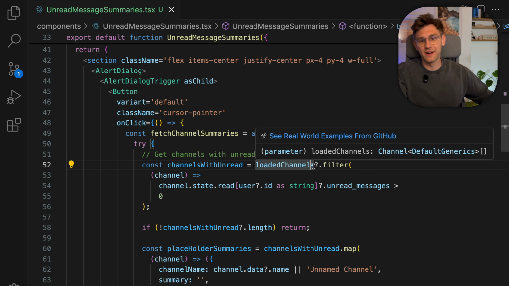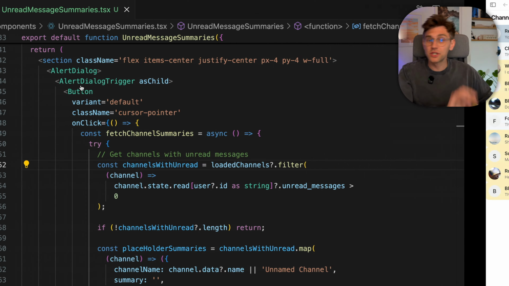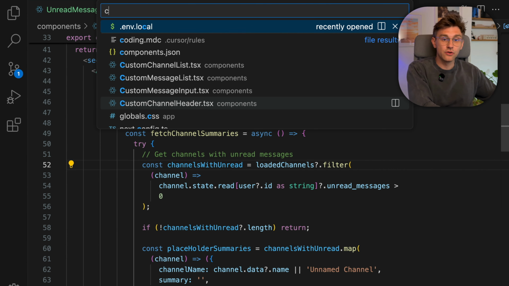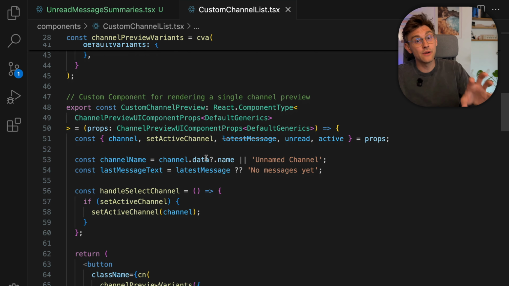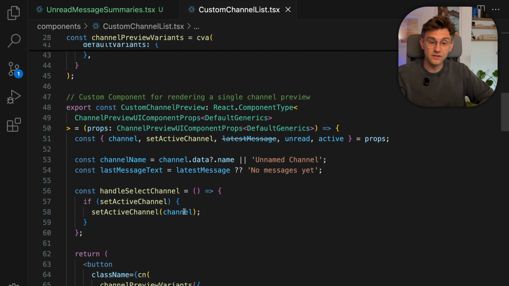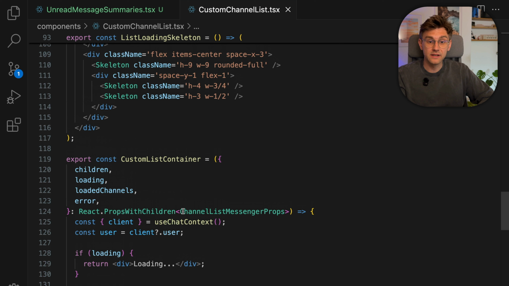So let's switch the browser and we see the button is not there. That's a pity, but I know why. Because while we have defined the component, we're not actually displaying it yet. So let's switch back to VS Code and go to our custom channel list. I will add a link to the documentation on how to build custom channel lists and much more in the description of the video. But for now, let's just scroll all the way down to a component that we call